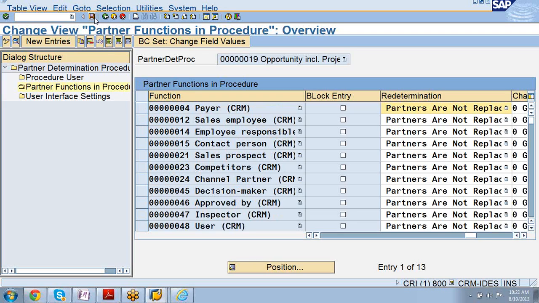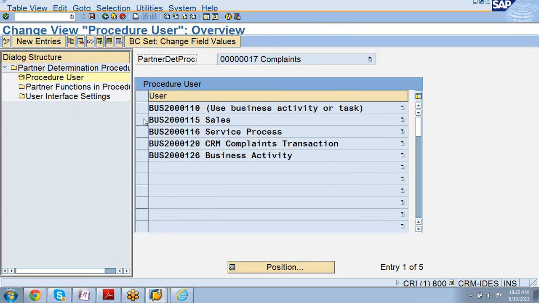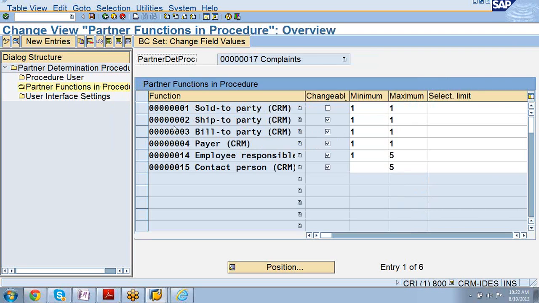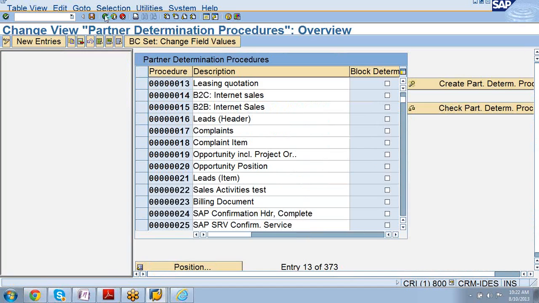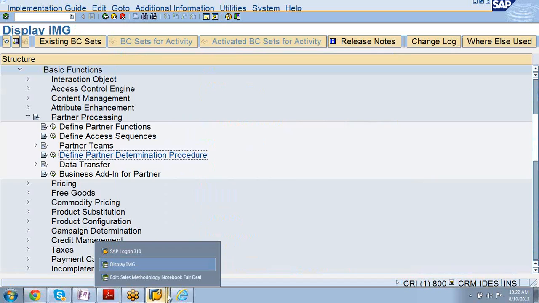You can see, for example, for complaints, go to procedure user, select. Complaint is not part of opportunity, and that's the reason there's no opportunity here. You can see only 6, but the partner determination related to opportunity management with methodology is called